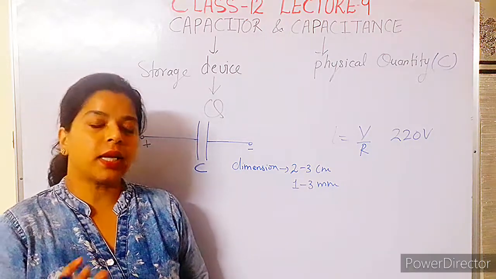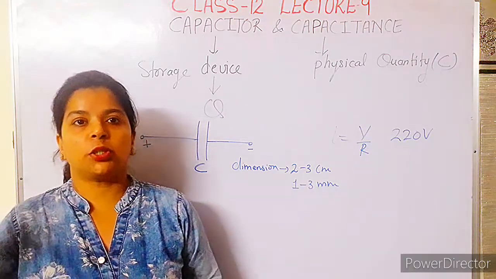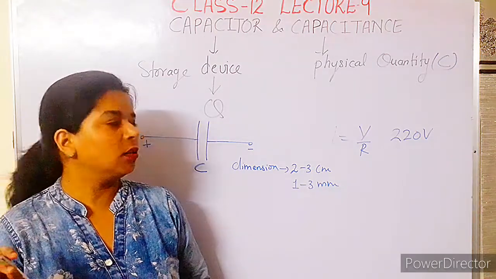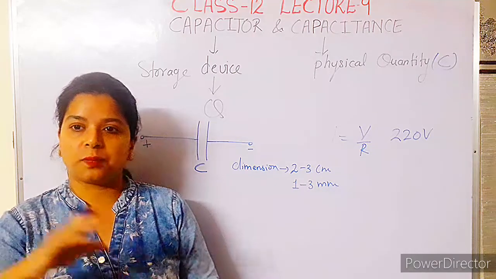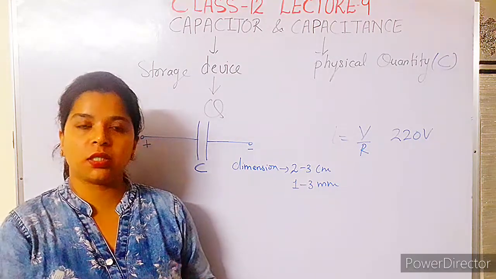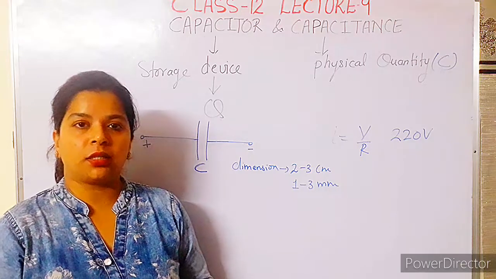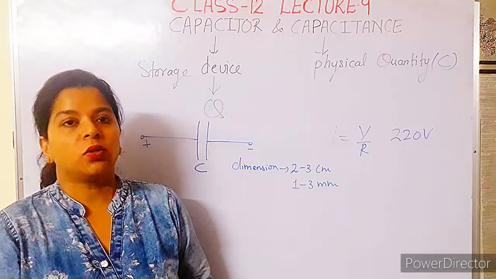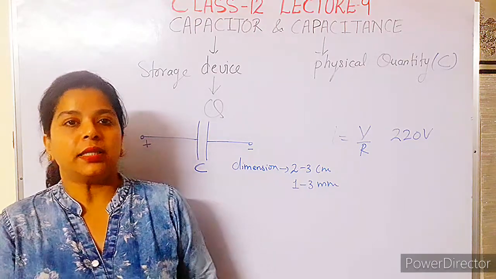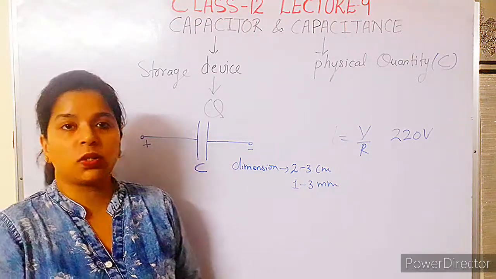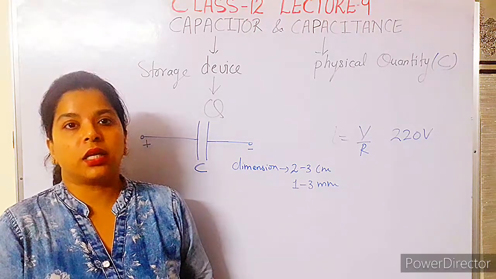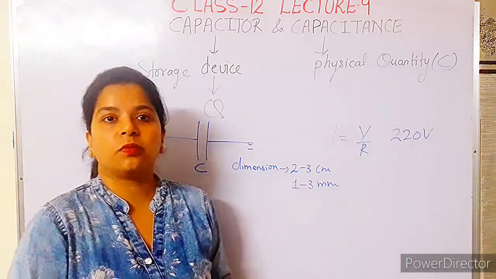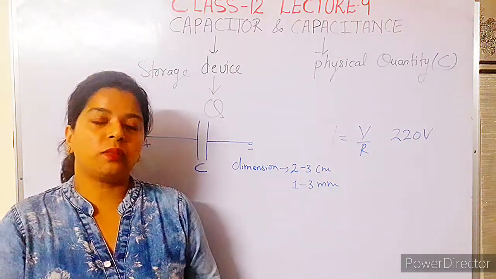Okay, and the second reason is that the capacitor which is used in the fan is also one major reason to speed up a fan, because it stores the charge, discharges it, and supplies the charge value to the electrical appliances. So whenever we speed up a fan, due to discharging of the capacitor, it gains the speed. Okay, so these are the two reasons responsible for the motion of the fan.